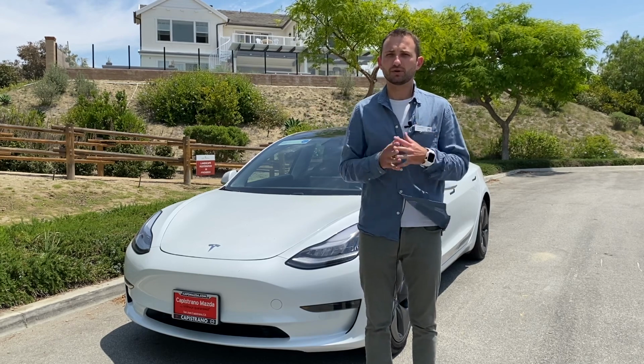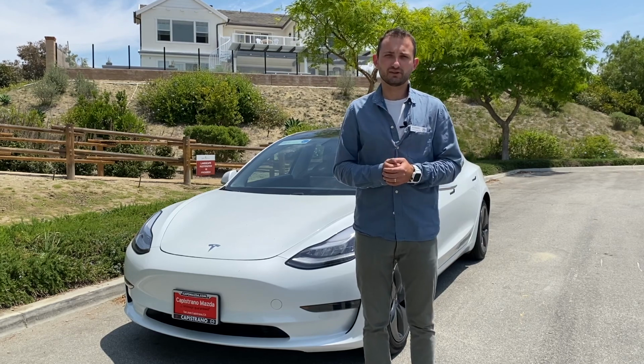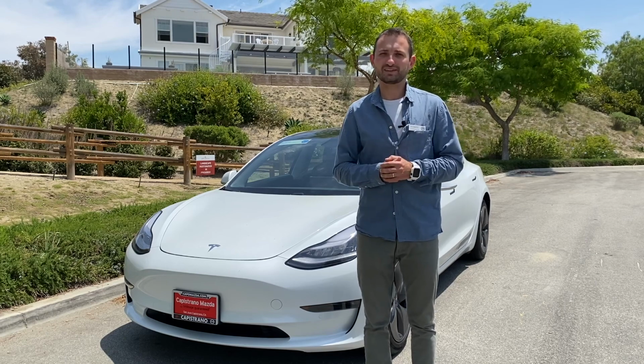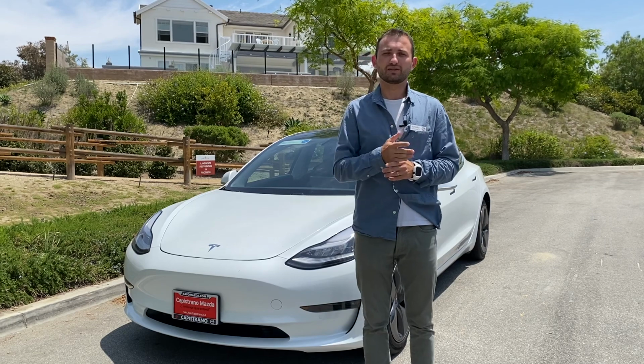Now I'm not going to go into price details, you can check that online too. And another really important similarity is that both the ID.4 and the Tesla Model 3 are available at Capistrano Volkswagen for you to check out. So if you would like to come down, take a look at each of those cars, and take it for a test drive,